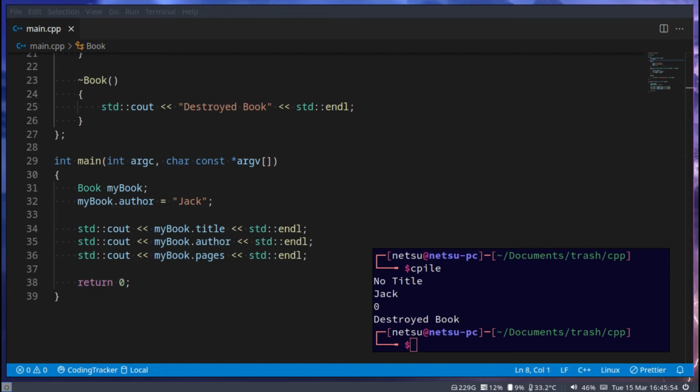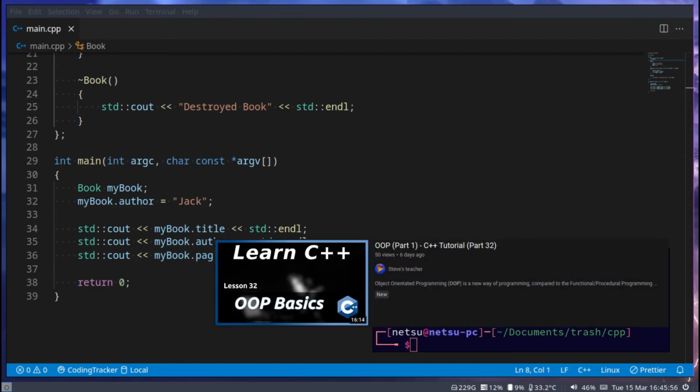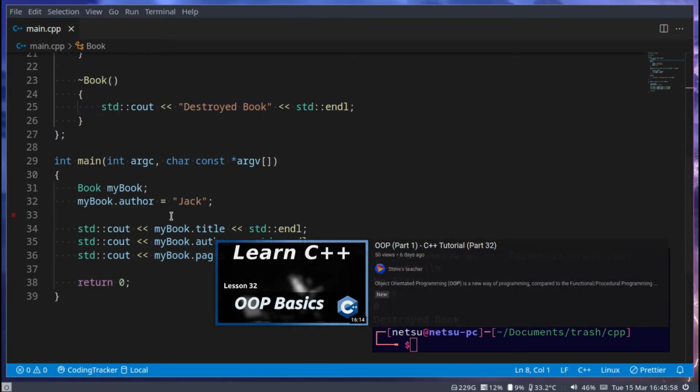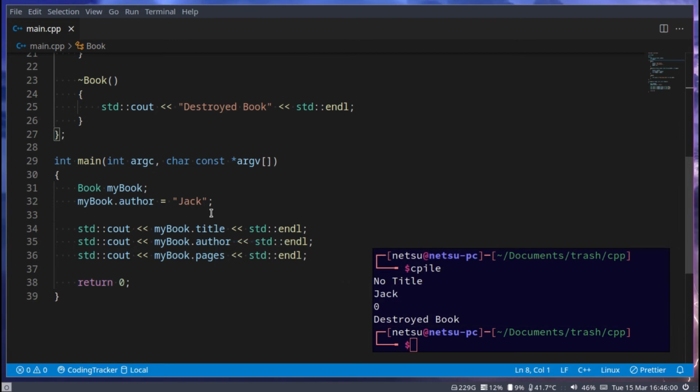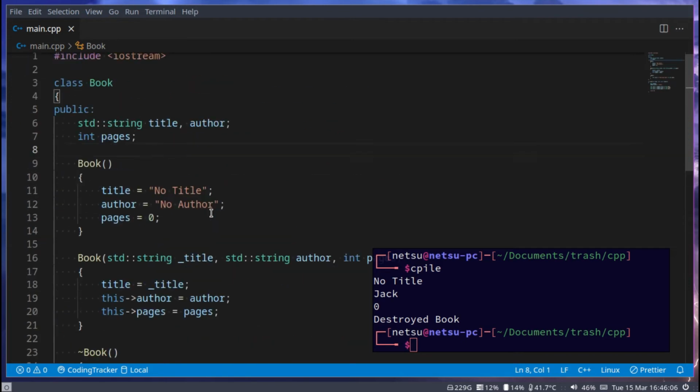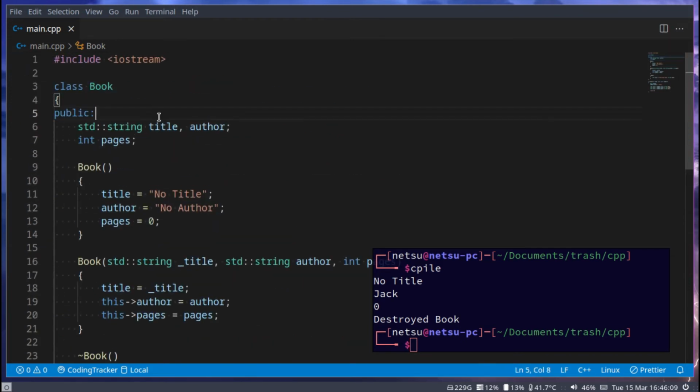In the previous tutorial, we discussed the basics of OOP. If you haven't seen that tutorial, I highly recommend you do because it has some very important topics we're going to use today. For those of you who may have forgotten, an object is just something you can think of